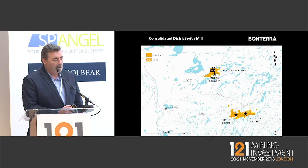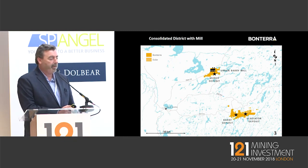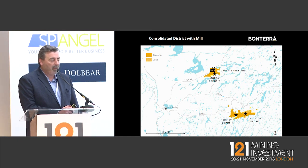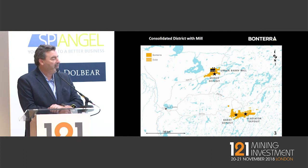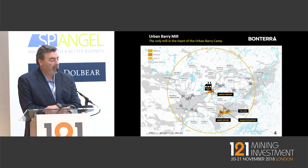So basically, Bonterra has morphed from a pure exploration company to a discovery of the Gladiator deposit. And we've now drilled that out quite extensively. And then most recently, we've completed a takeover of Metanor Resources. And what that's given us is two more gold deposits, being Barry and Moroi, and a mill, a fully functioning,